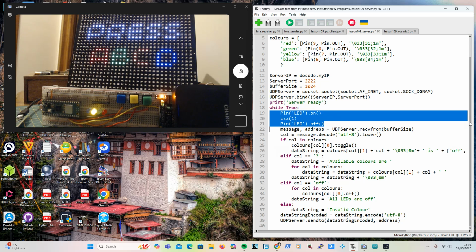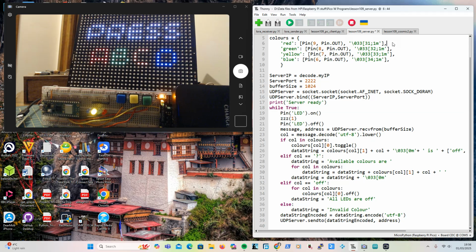Right, I say hello. If the colour is a valid colour, i.e. in there, I toggle it, and then I set up the data string to say change the colour to that colour, then print out the name of the colour,